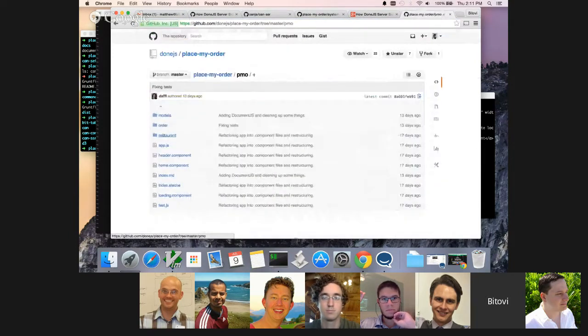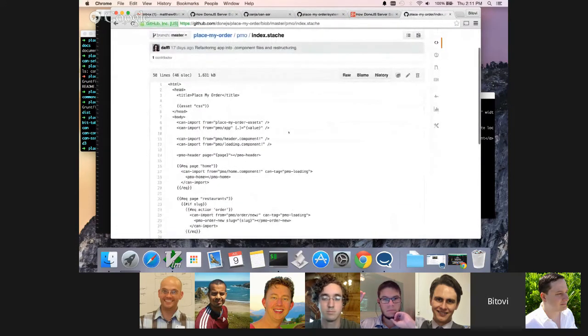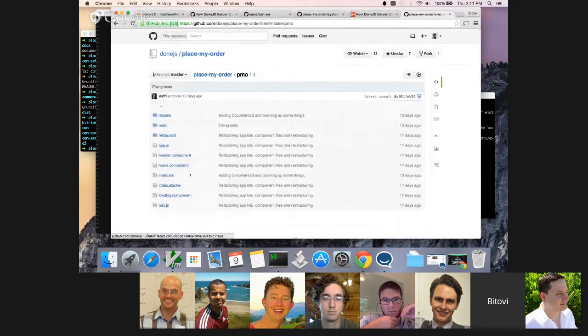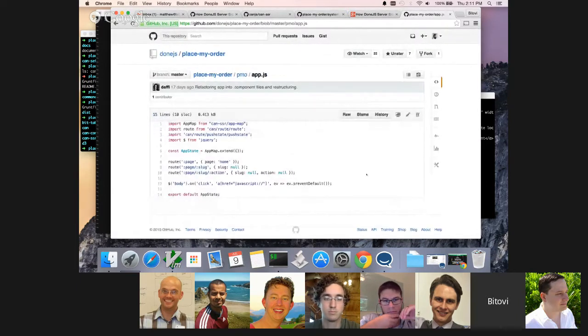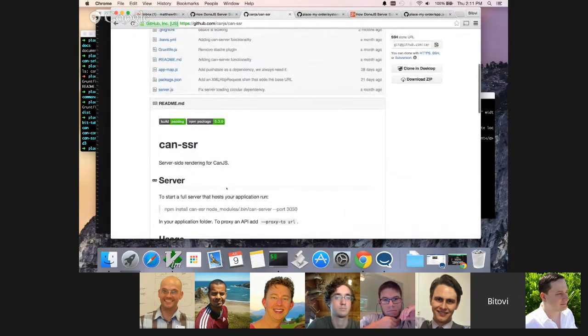So the place my order app is based off of this index.stash. It's just a stash file. It imports pmo/app, which is the app state, and it actually sets up the routes. Cool. So I'll go behind the scenes, and we'll actually look at can-ssr's code, because this is the one